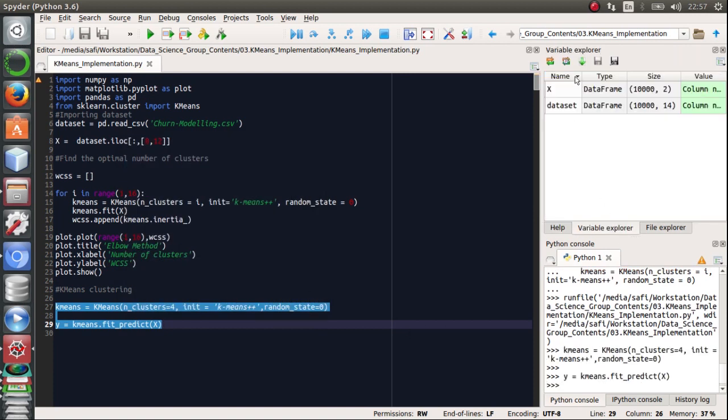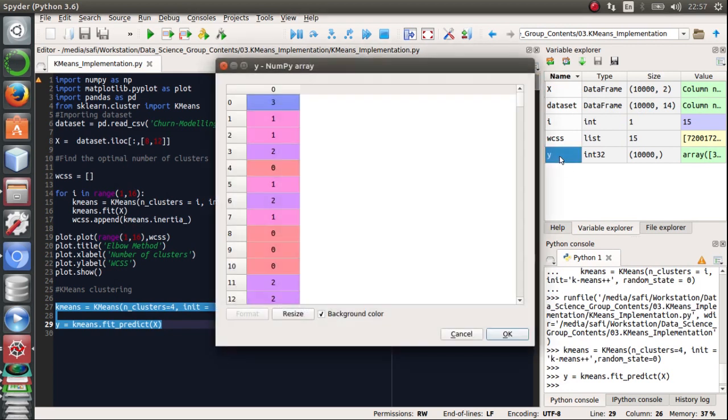Now let's check the variable explorer here. So the first instance belongs to cluster number 3, the second one belongs to 1, the third one belongs to 1, the fourth one belongs to 2, and it goes on. But this is not the proper way of visualizing, this is not the proper way of understanding, because we have 10,000 data and it's not very easy. So somehow we have to make it look even simpler,